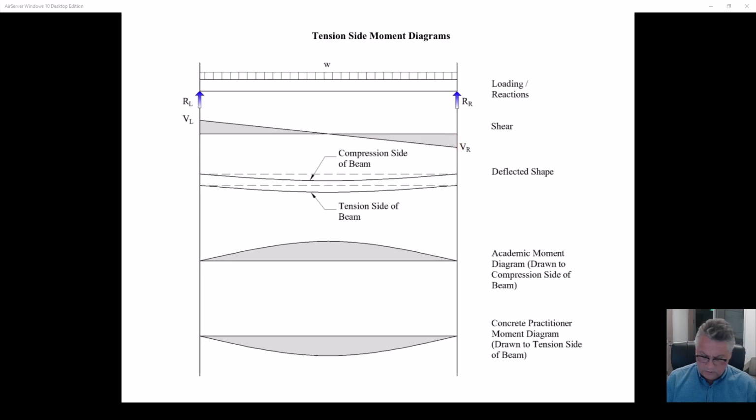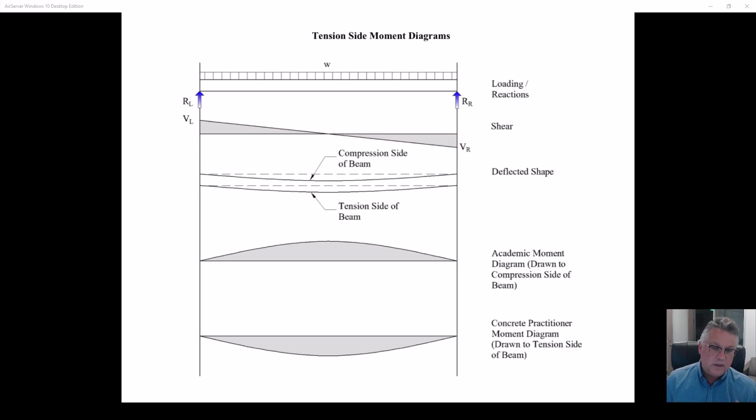So we're all usually on the same page when it comes to the shear design. Remember the deflected shape; it's easier to look at if it's deflected. The tension is on the bottom. And that's very important in concrete, and it's very important in pre-stressed concrete. Where do we have tension? We need to know in reinforced concrete where we have tension, because that's where the rebar is going to go. In pre-stressed concrete, not only is the rebar going to go there, but we need to check stresses there.